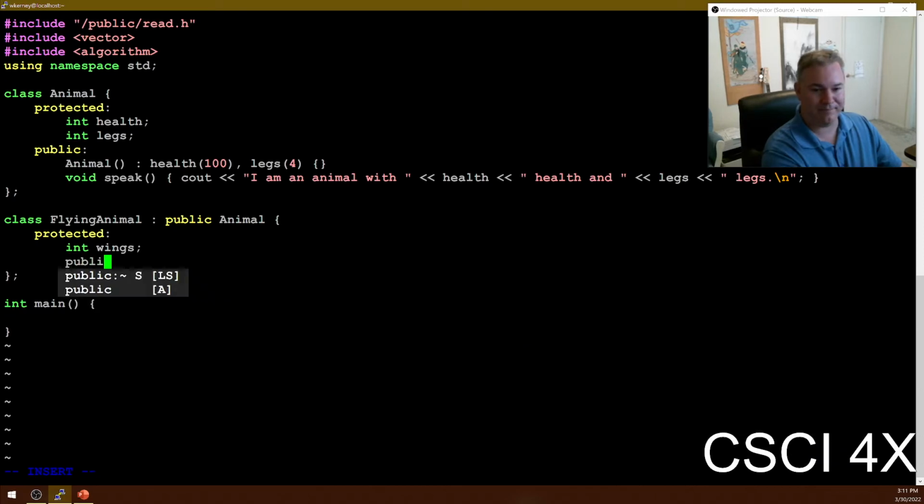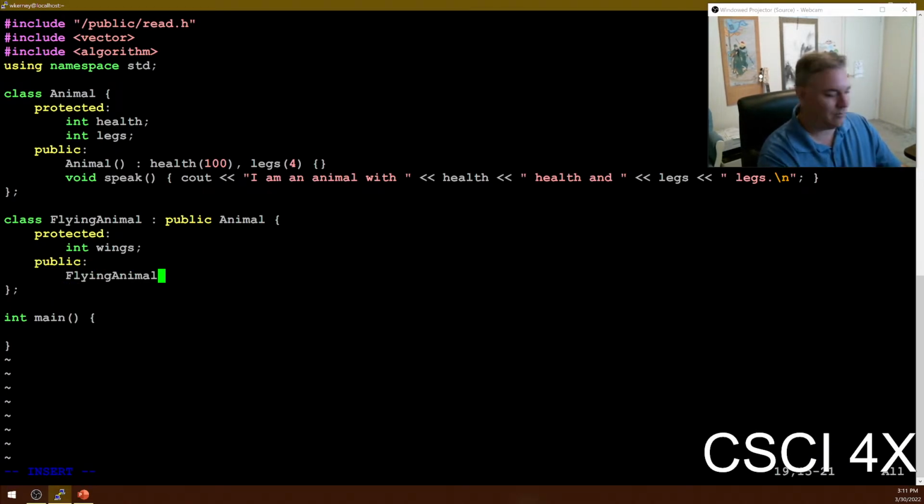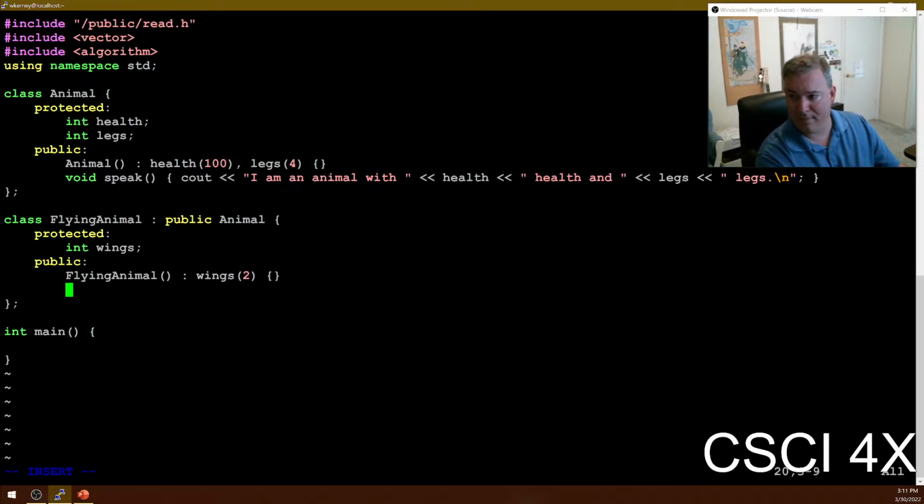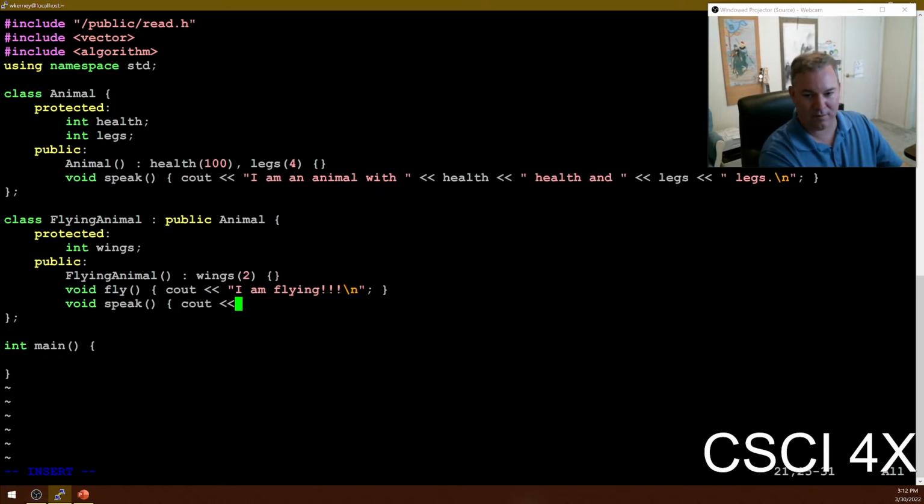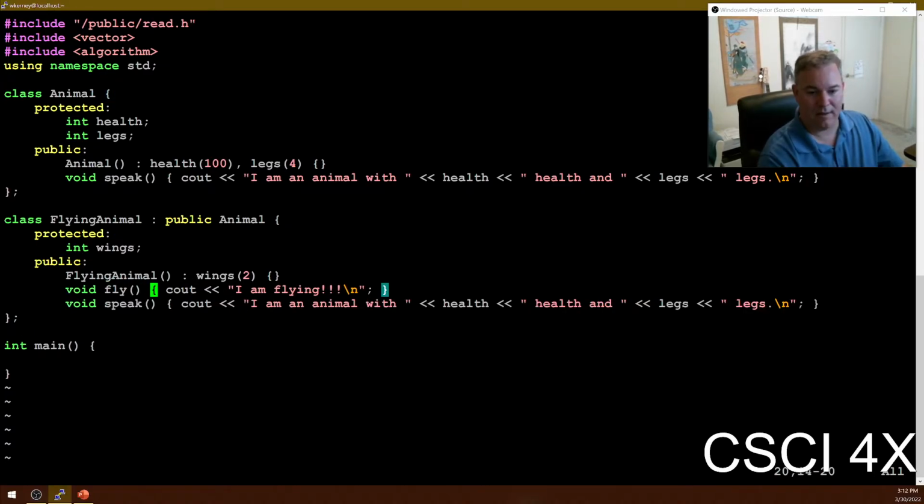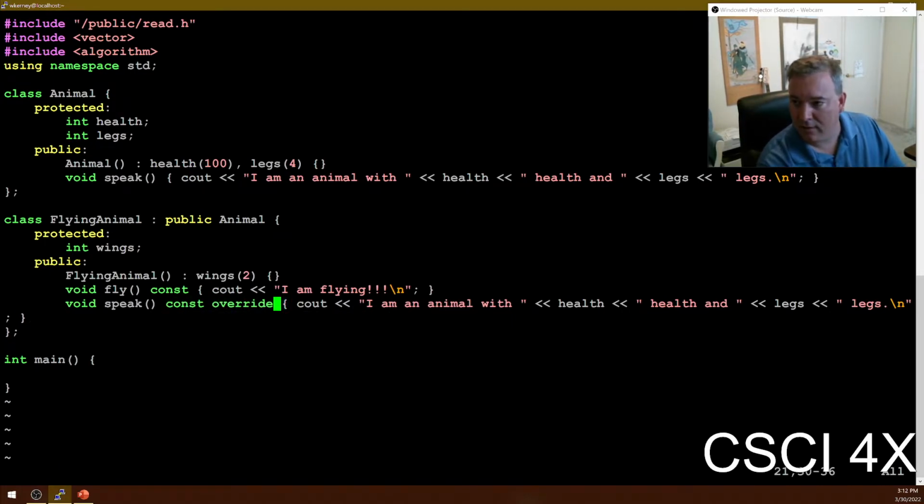Okay, so we need a public section here. It will make a flying animal constructor. It will initialize wings to be 2. And we will have a fly method on it that will say cout I'm flying. Okay, whatever. And we will override the speak method and say cout. And the fly method, of course, should be const, and the speak method should be const override, just to make sure that our